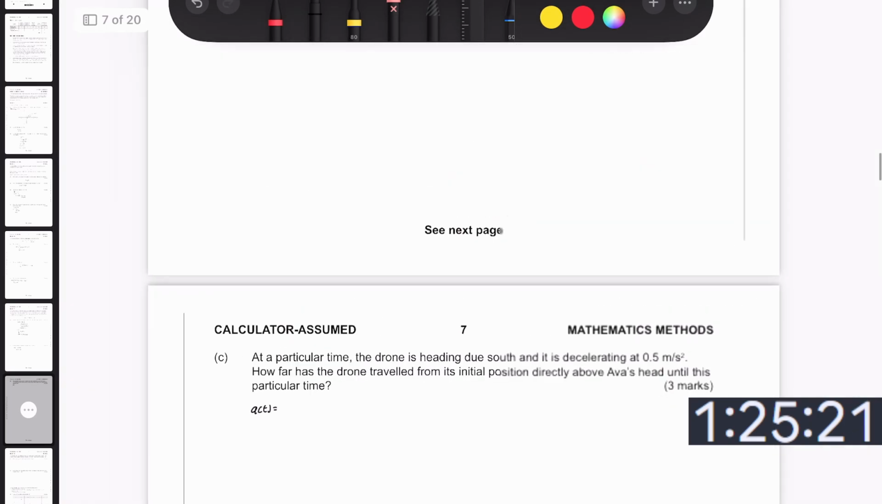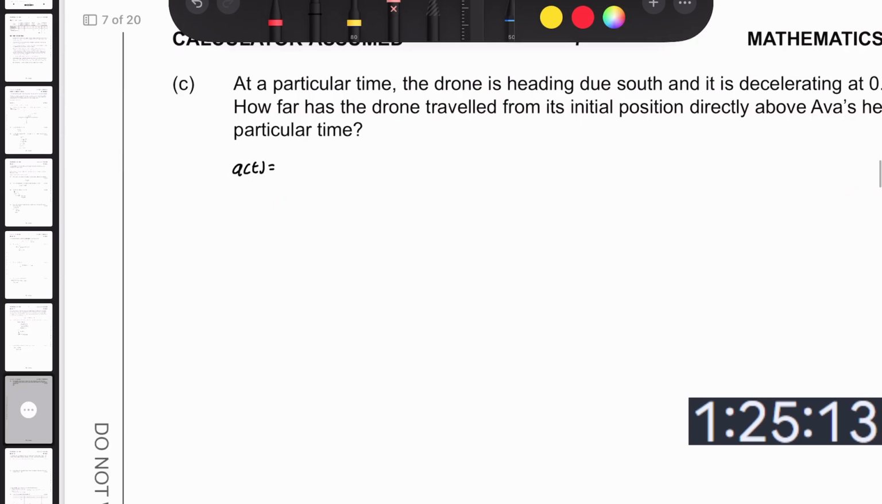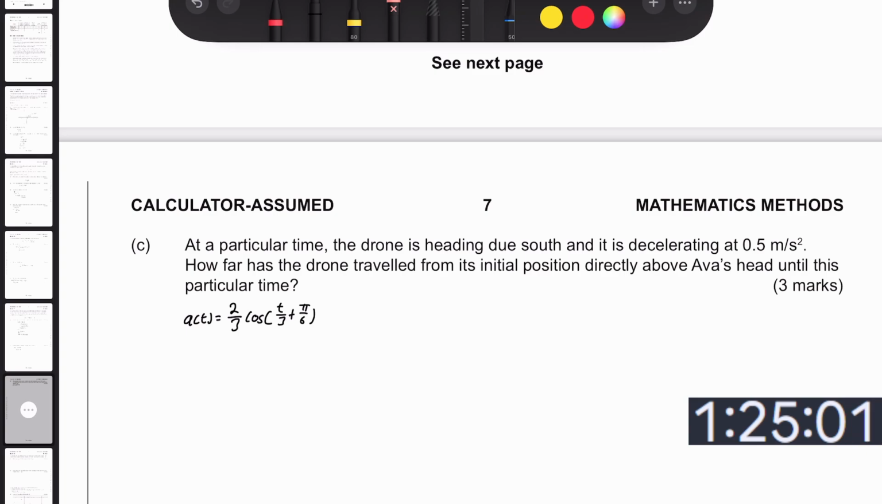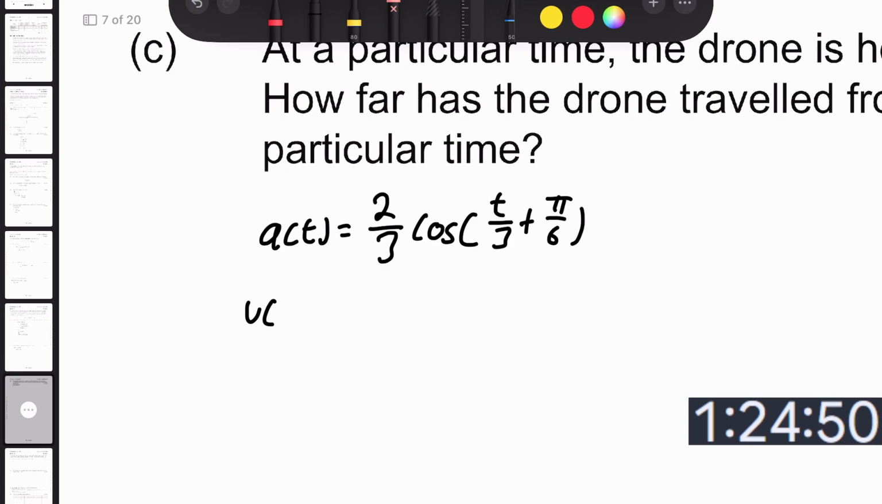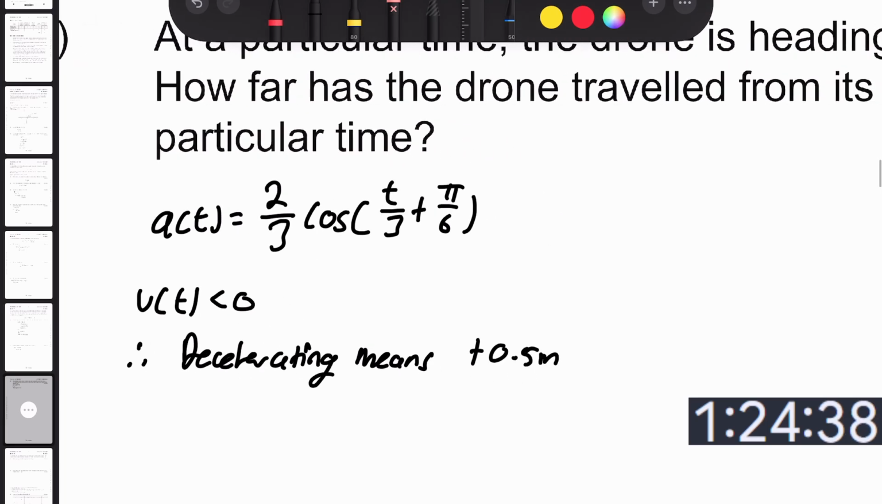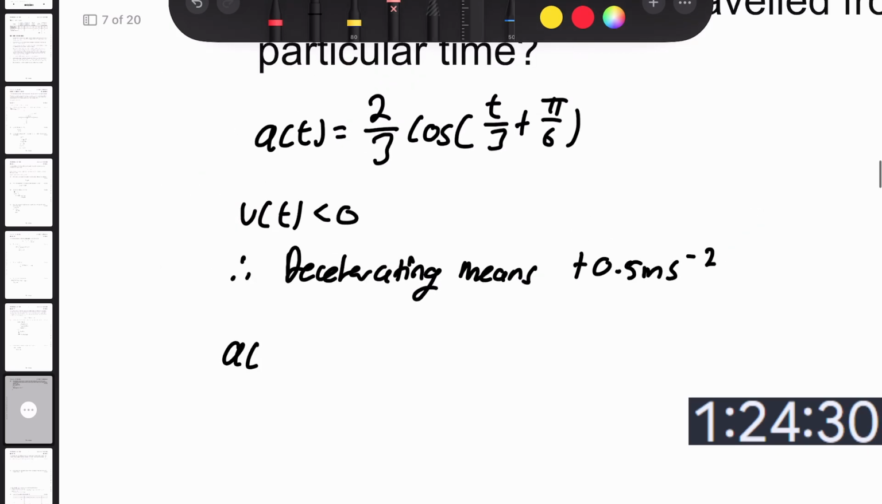A of t is going to be equal to, if I differentiate this, all I'm going to get is 2 on 3 cosine of t on 3 plus pi on 6. And it's decelerating, but it's heading due south. If it's heading due south, then velocity is less than 0, therefore decelerating means positive 0.5 meters per second squared. So let A of t equal 0.5, and on our CAS, t is going to be equal to